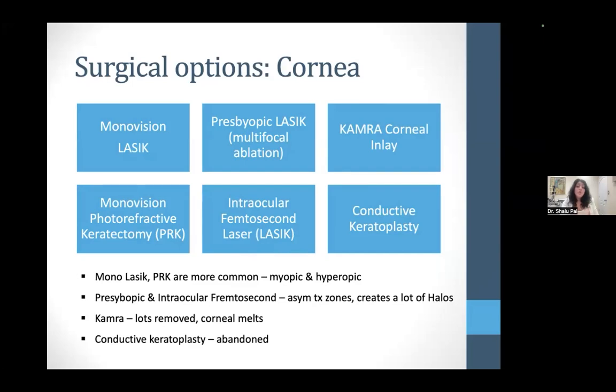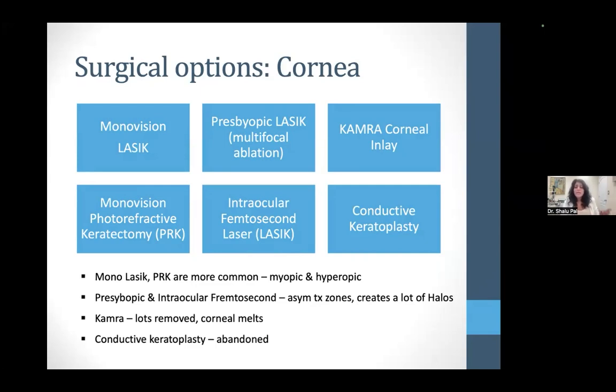When it comes to corneal surgical options, you've got options. You've got monovision, you've got LASIK, you've got the corneal inlay. The inlay was used for a while here in Toronto. It's not as common as it once was. PRK, LASIK, there are different options that are available. I would say that for me and my practice, I'm going more with the IOL implant options since the IOL